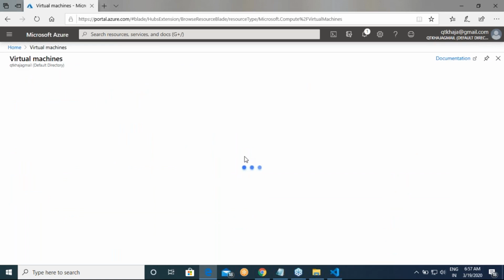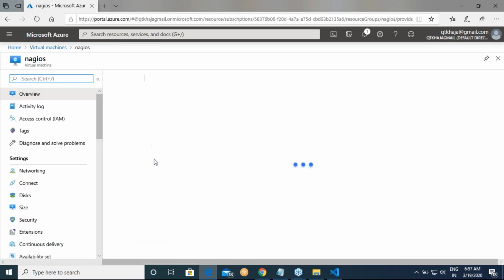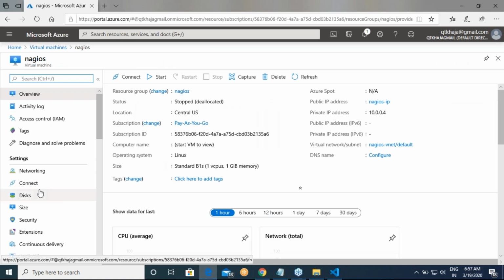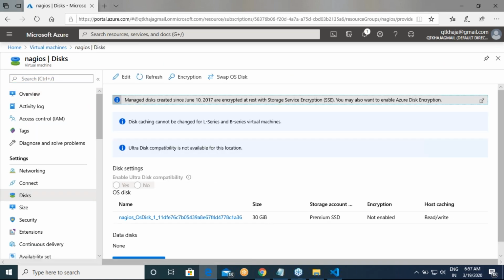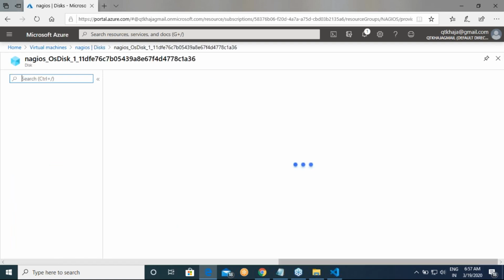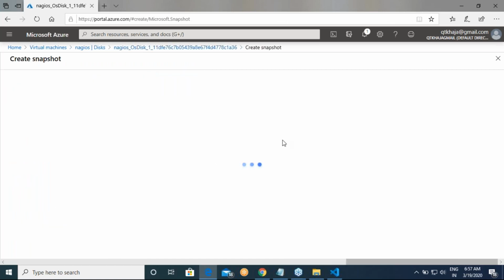virtual machines, Nagios, disks. I'll select the disk, and then I'll try to create a snapshot again.